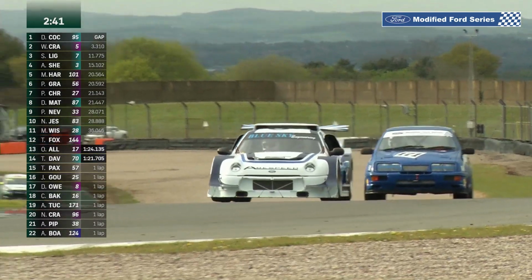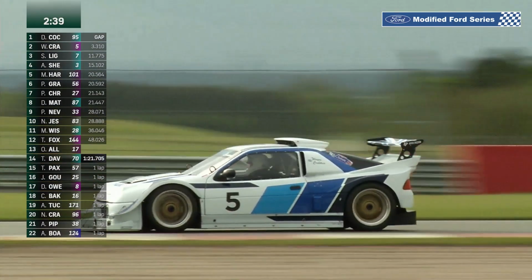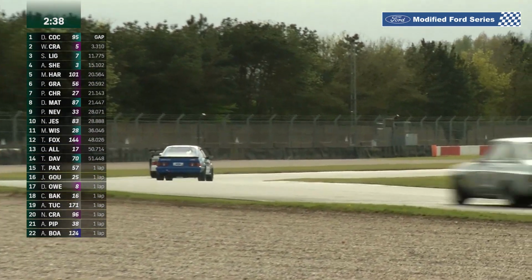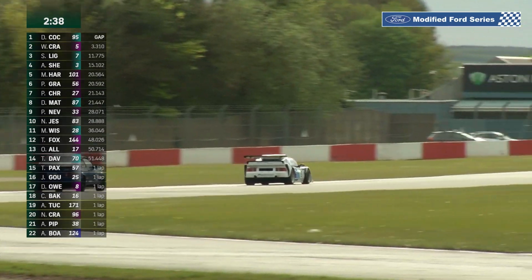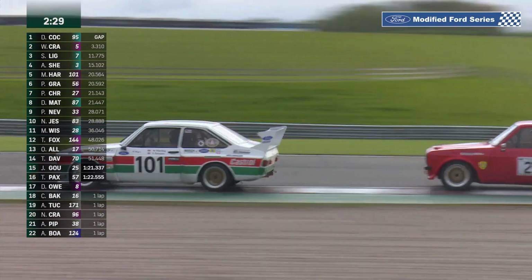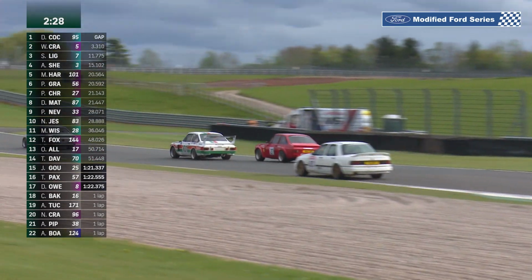Well, let me rephrase that. I think it has way more power than it has grip, and as soon as he tries to get on the loud pedal with slightly dirty and overheating tyres, he finds that the car is a little bit twitchier than he'd like. But as he goes down the back straight, there, look, is the battle I wanted to see,